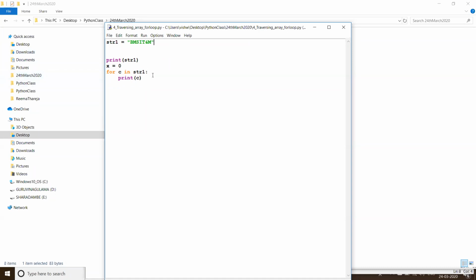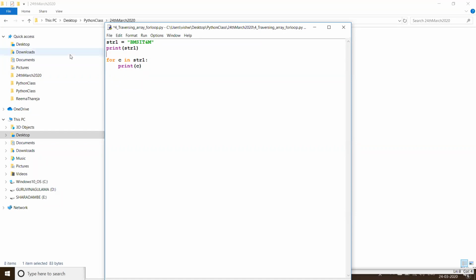In the previous class we discussed the iterator, so the same concept is used here to access element by element. You can see here, at one shot I can print. In the previous example I was accessing element by element, but I may not know how many elements are there in that string. But in this example,